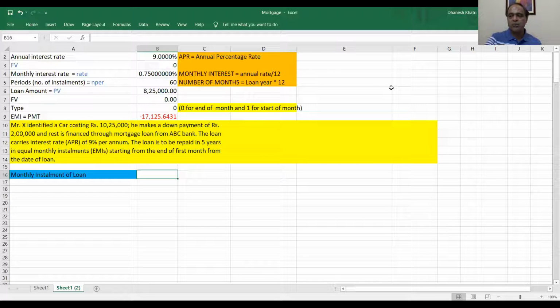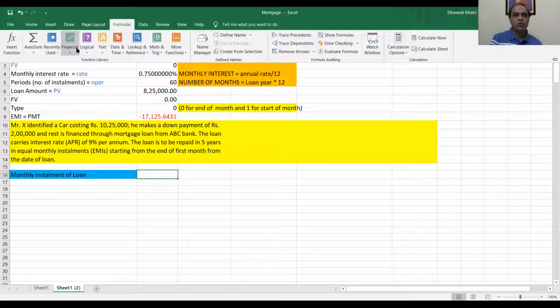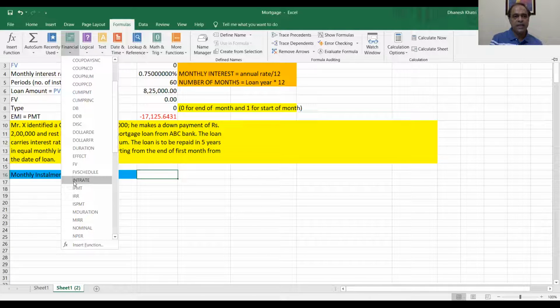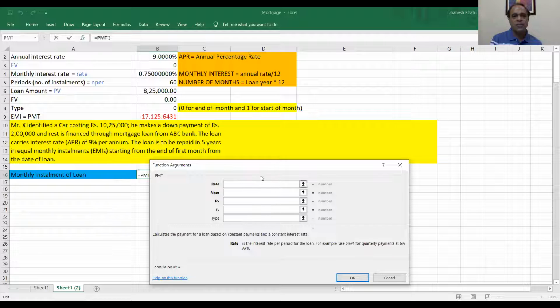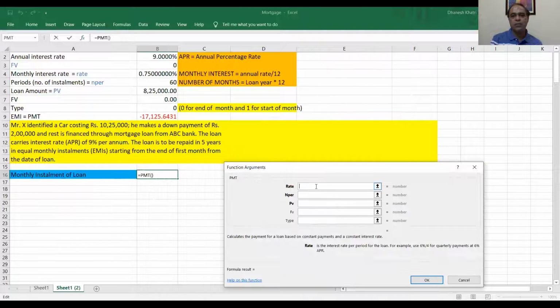Now what we can do, we can use the Microsoft Excel utility. Just go to the formula tab. You will find a drop down menu, financial, and within that you have to find PMT. So it is the PMT. As soon as you press it, you will get a pop-up window, rate. Now our monthly rate, because installment is monthly, so rate has to be monthly. So monthly rate is there in the cell B4. So we will put in B4.